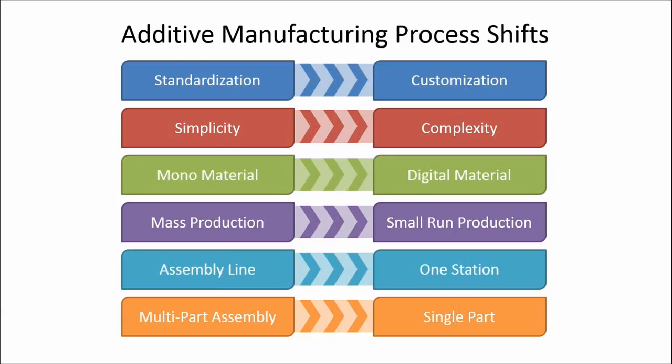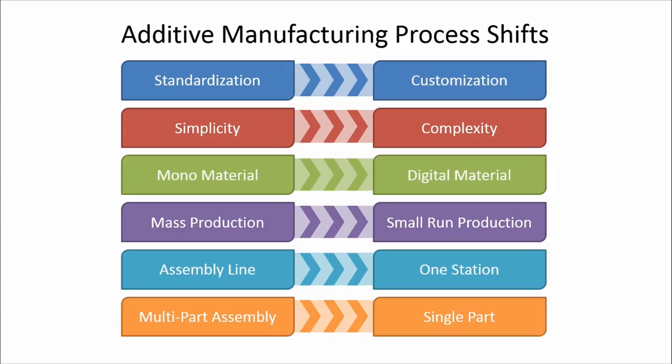Yeah, so here's the additive manufacturing process, and it's really different. What we're showing on the left is how manufacturing has traditionally been. When you think of injection molding, or machining parts, the basic idea is that in order to make it cost effective, you have to make a lot of something. You have to turn it into an assembly line and create thousands or hundreds of thousands to make it feasible. So that standardization is really important, whereas in 3D printing, with additive manufacturing,